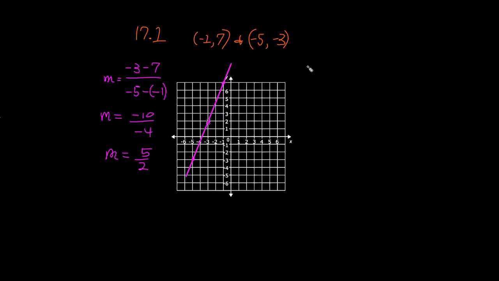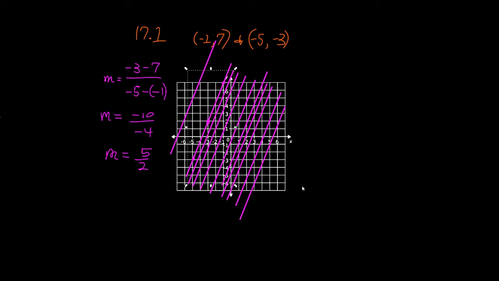How are we going to make the equation for this line? The equation for the line is not just 5/2. Why not? Because this line is also 5/2. And this line is also 5/2. And this line is also 5/2. And this one, and this one, and this one, and this one. These are all